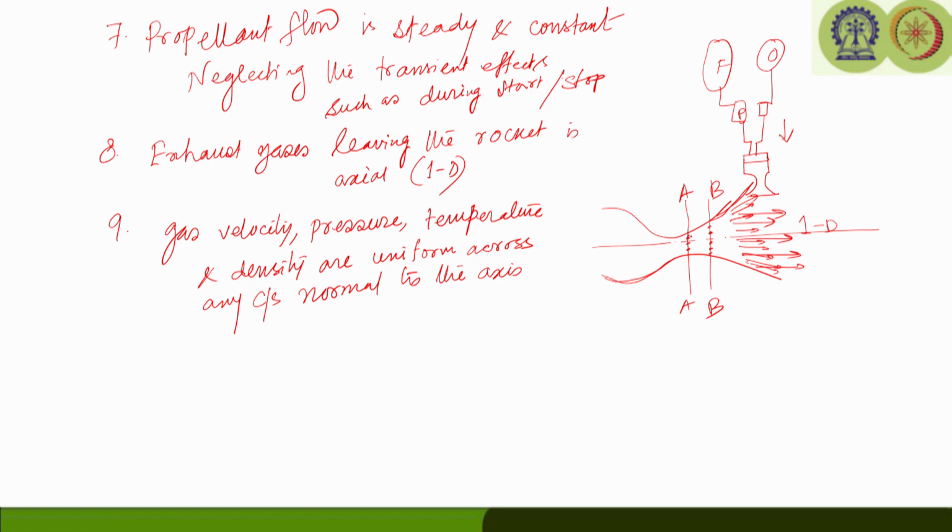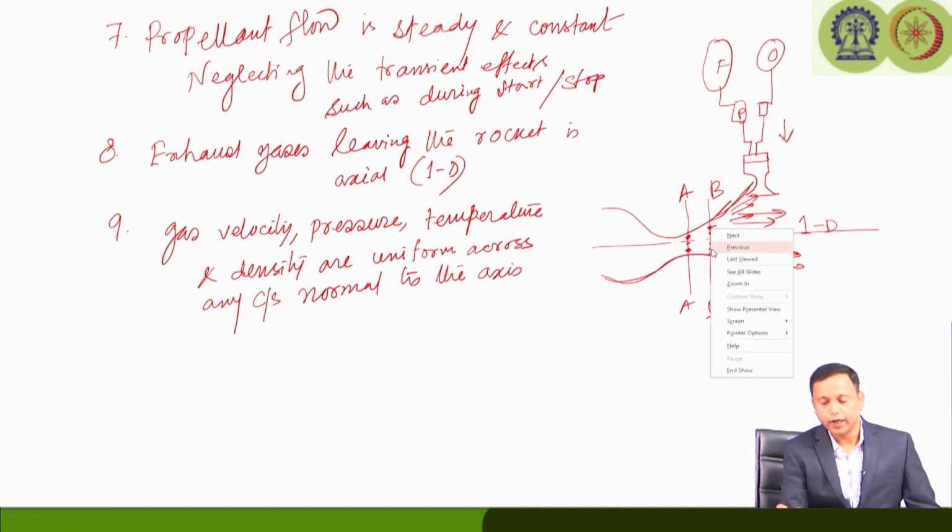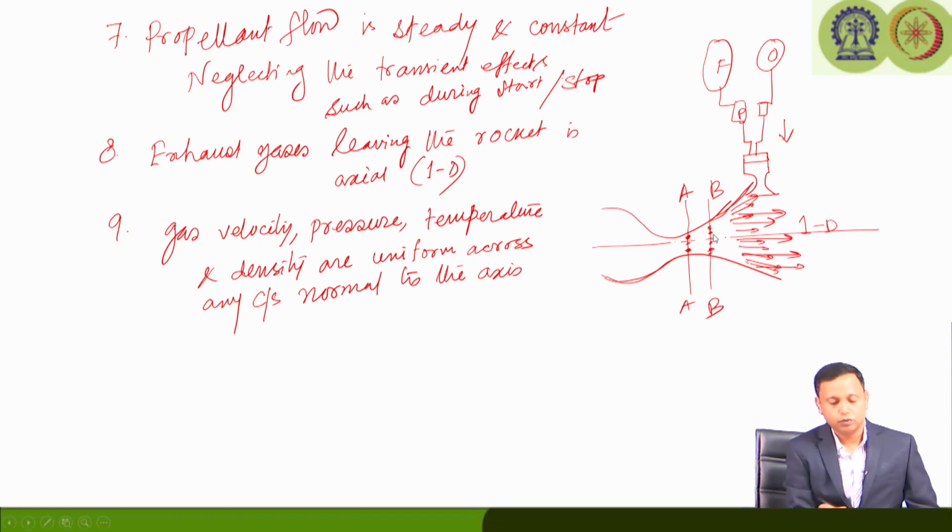So, if I say the velocity at this location and this location are the same, although it is radially at a different location. This location is not the same as this, but since we are considering one section normal to the axis, at station A the velocity, pressure, temperature and density are uniform, and the same thing at station B, the velocity here and velocity here are the same. So, this is another assumption. It is almost similar